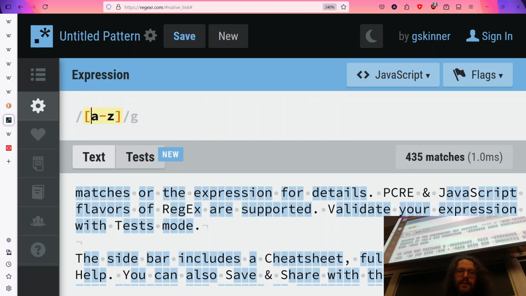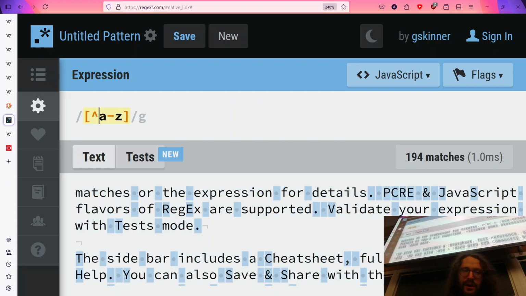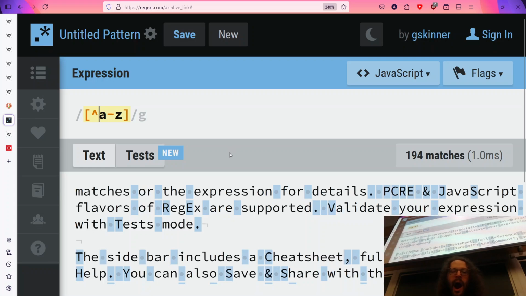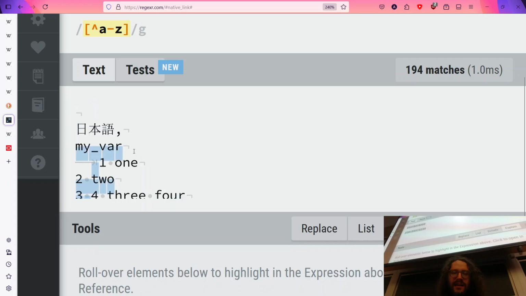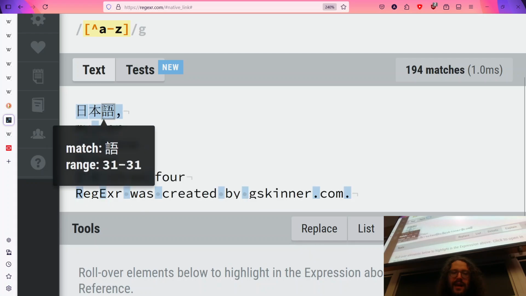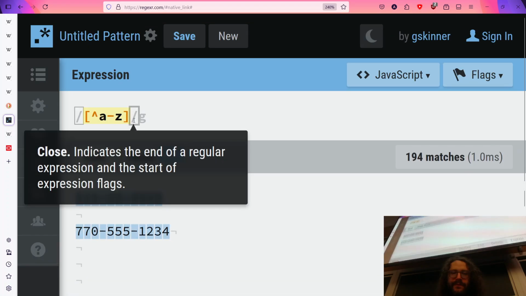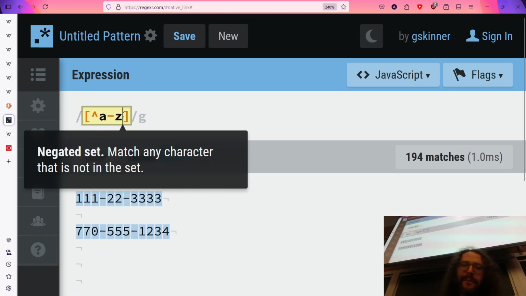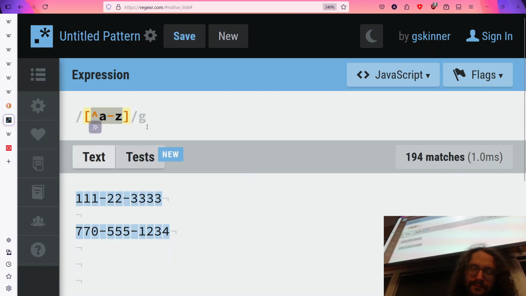If we put a caret as the first character, then that caret has a special meaning, which is the inverse, anything that's not A to Z. And so notice it gets these because, again, it's case sensitive, so saying anything that's not a lowercase A to Z. Anything that's a space, anything that's a number, anything that's Japanese, right? That matches. Okay.